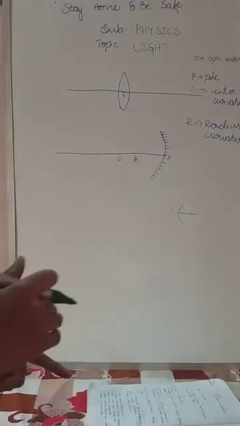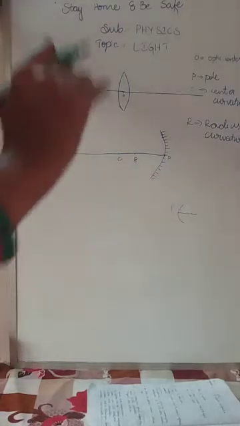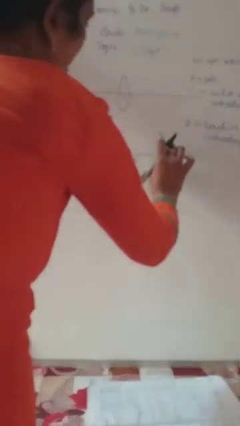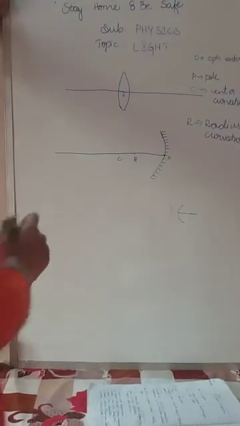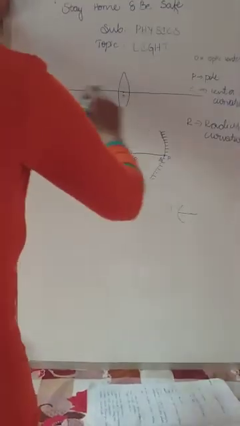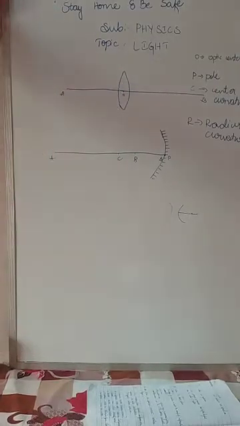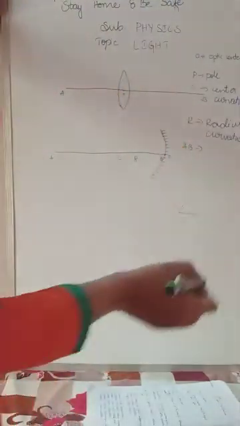Next is the principal axis. So what is meant by principal axis? The imaginary line passing through the center. Here, if you have taken a mirror, the imaginary line passing through the pole of the mirror is called the principal axis. That can be named AB. And here also, this is an imaginary line which is passing through the optic center, that is called the principal axis. Keep in mind. That can be named AB, or any other name, XY, anything we can give.